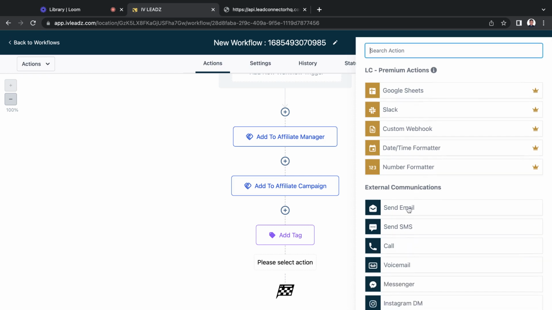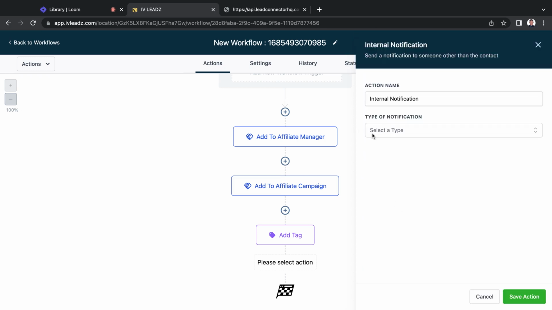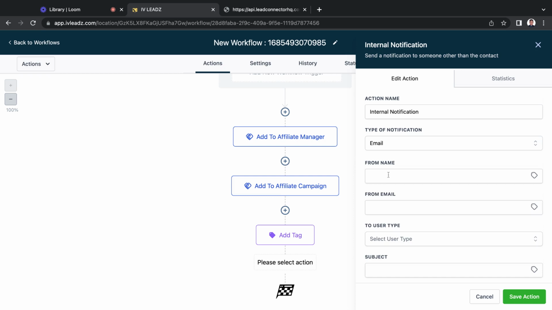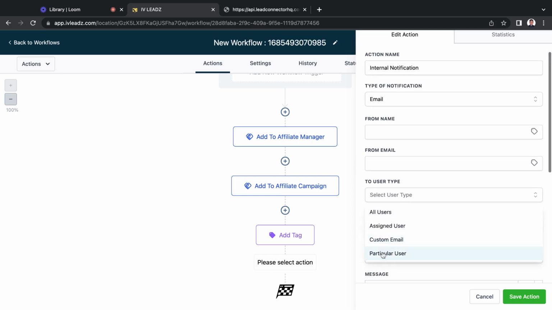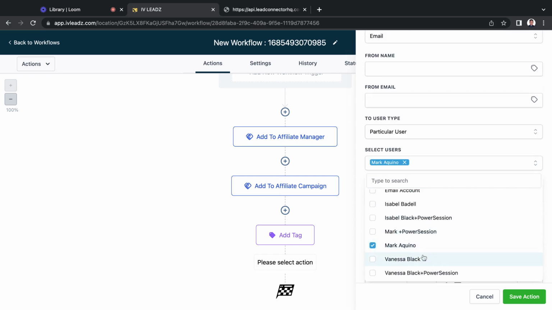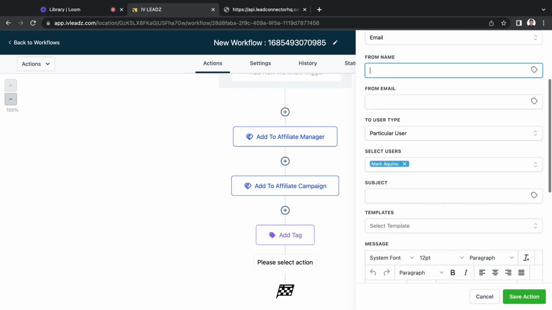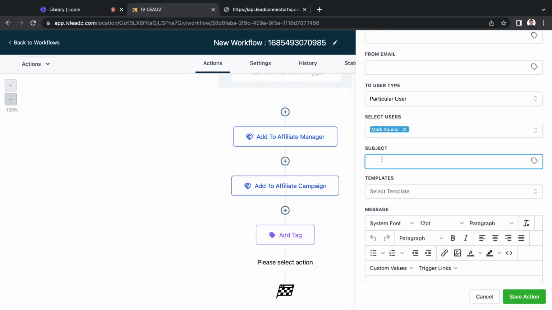So that will be under CRM, send internal notification, and then that will be an email to yourself, like this particular user, and then you can just select yourself. So I will, for example, select myself, and then just make sure that you're using a support email or a different email from the email that you're using as a user, so it doesn't go to spam, right? Make sure it's not the same from and to emails, right? All right. So once you're done adding that information, the subject line will be as simple as new sign up to your affiliate,